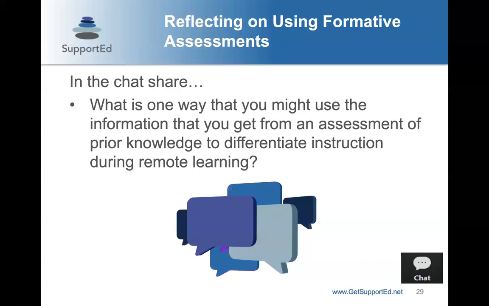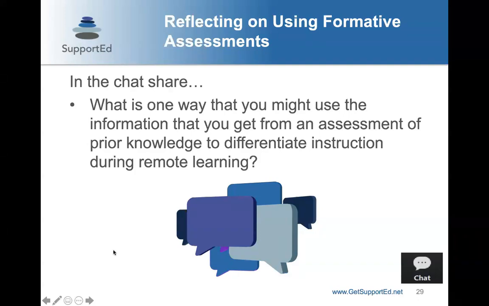I see create small groups, right? So you see where students are and then you group them accordingly. Using a KWL, okay. Using vocabulary activities. So you might do some kind of assessment and then give students different vocabulary. That's a great idea. Providing picture support. So knowing, okay, my students need a little bit more in this area, and these are different supports I'm going to do. Great.